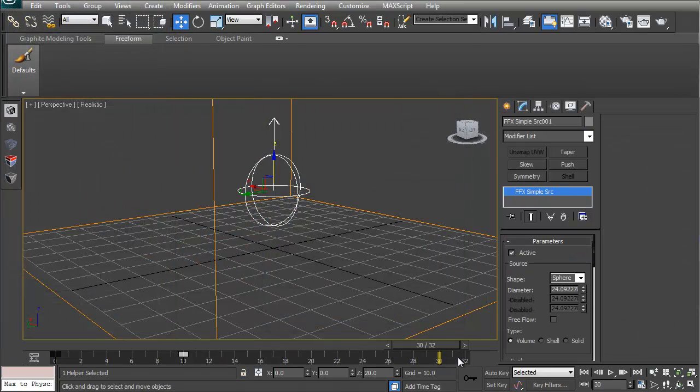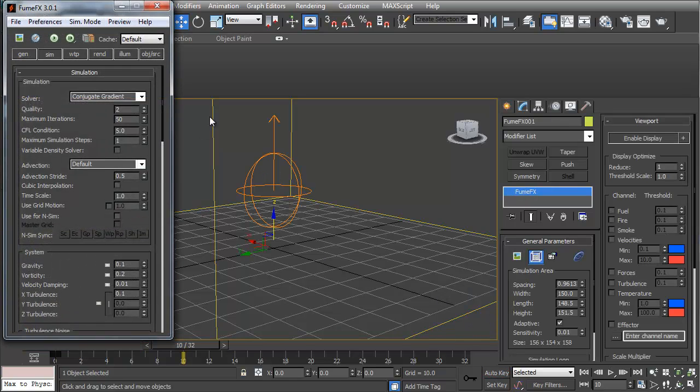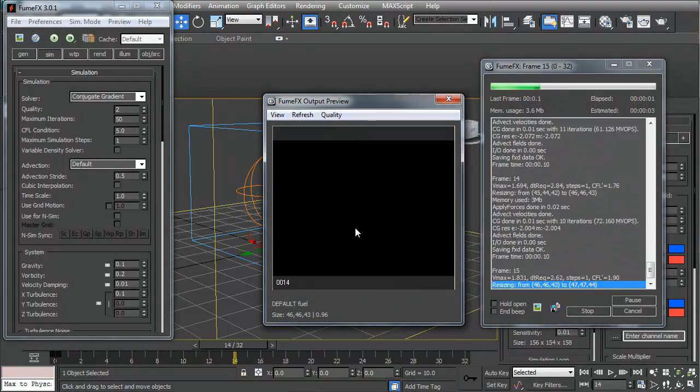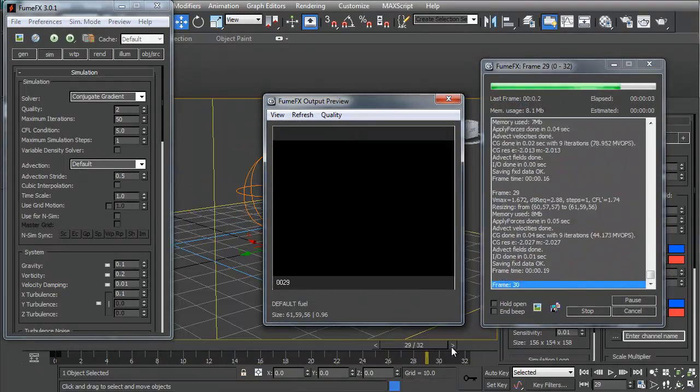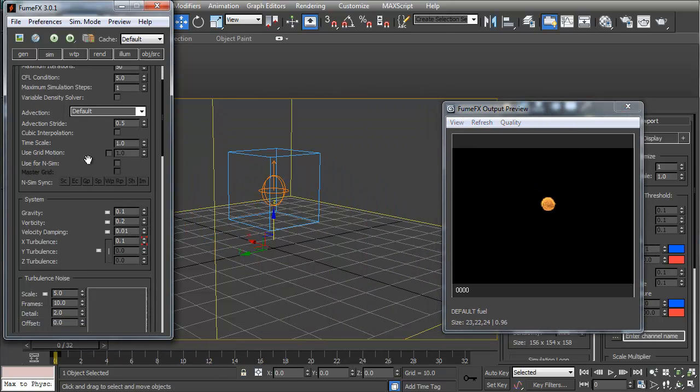The other thing we can do, just for giggles, and we'll see if this does anything. Let's see, we've got a diameter of 24. Let's try 10 and auto key to 25. And let's give that a try. Now with a smaller diameter, it's going to be much shorter because there was less area to generate fuel. So given that,